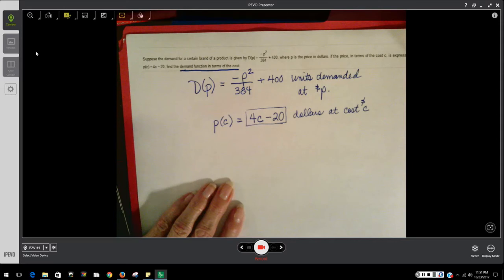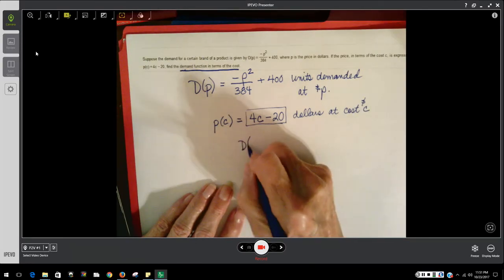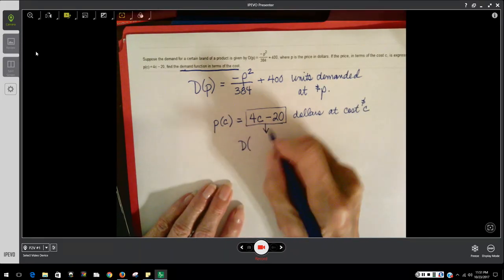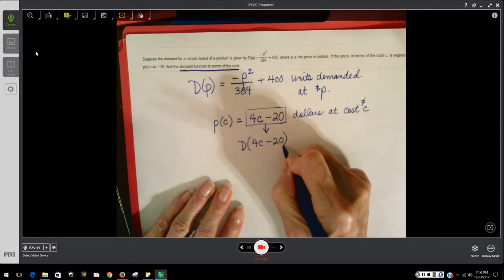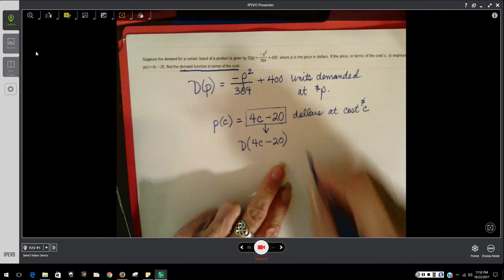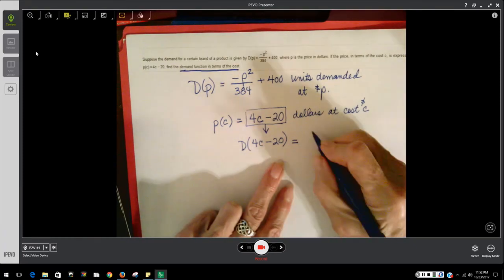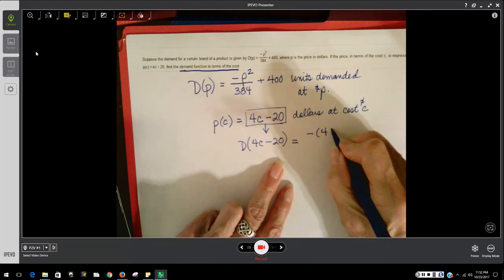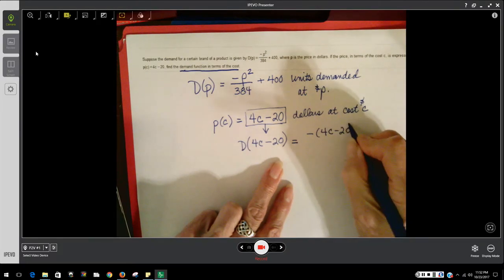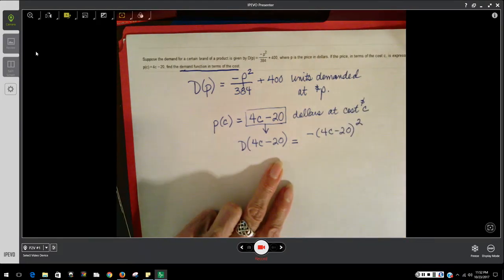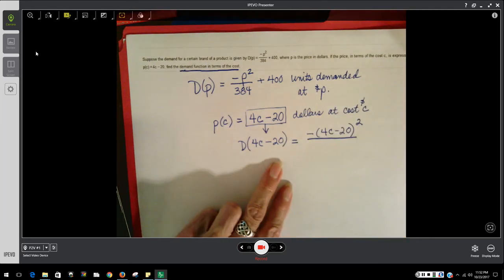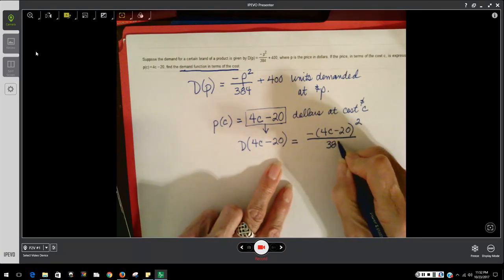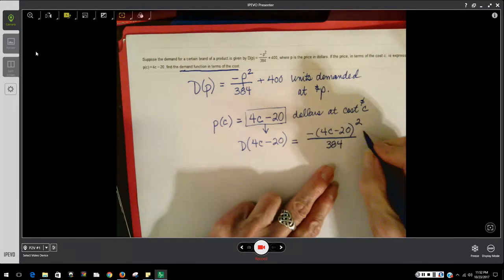And what they want us to find is D of P, except P is this formula for the cost, which means that what we're going to do in D is we're going to substitute in 4C minus 20 for P. So we put it inside parentheses and square it, put a negative sign in front of it, put a 384 underneath it, because we're going to divide it by 384, and we're going to add 400,